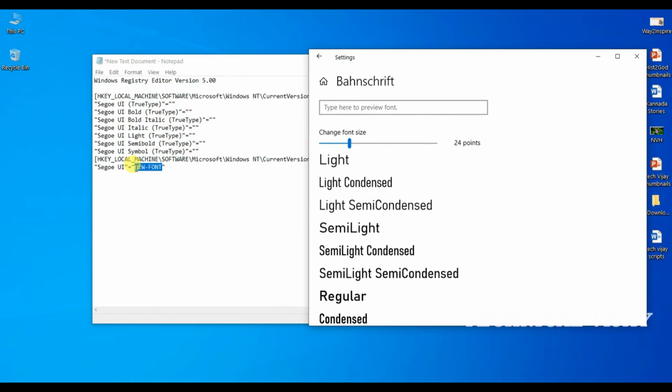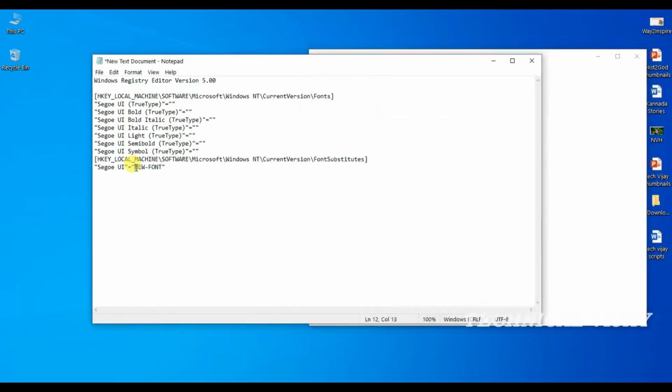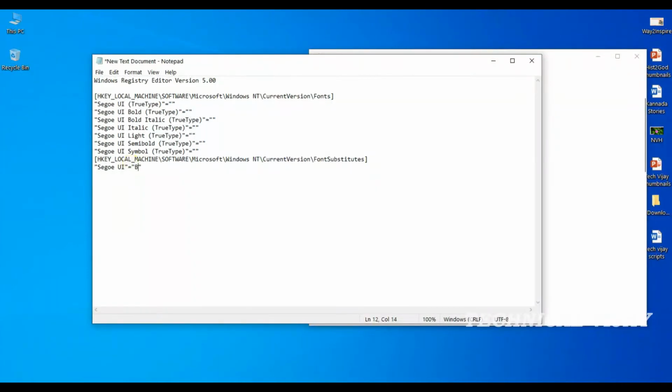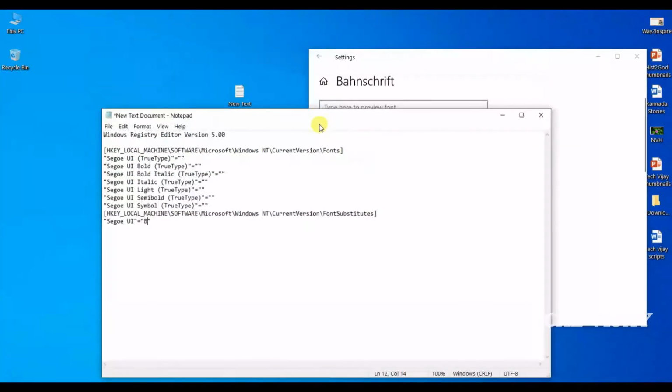So you can delete "new font" and instead type BAHNSCHRIFT. In the same way we have to type capital letters and small letters like that.